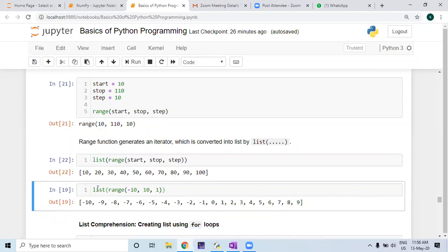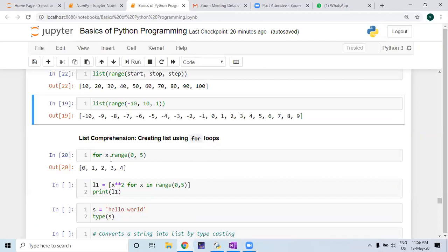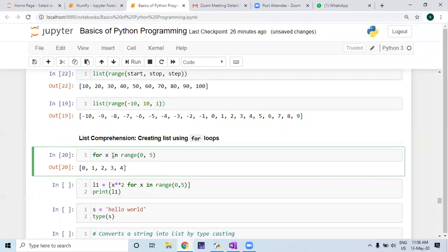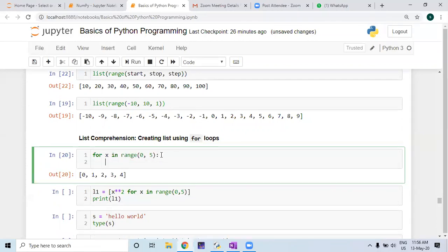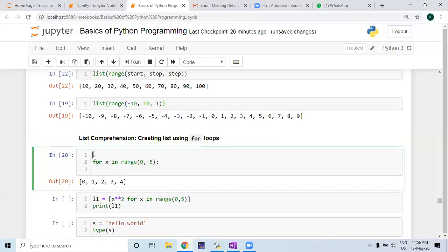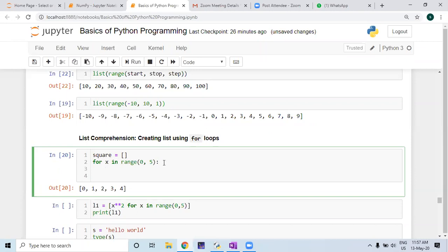For this demonstration, I write it this way: for x in range 0 to 5. Before that, I want to make an empty list, suppose square is an empty list. For x in range 0 to 5, I create my list this way: square dot append.